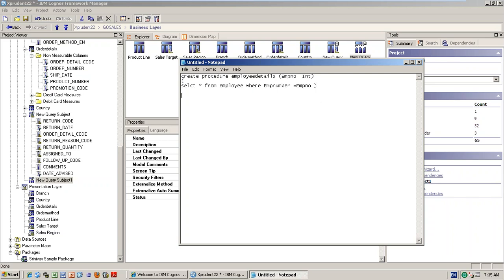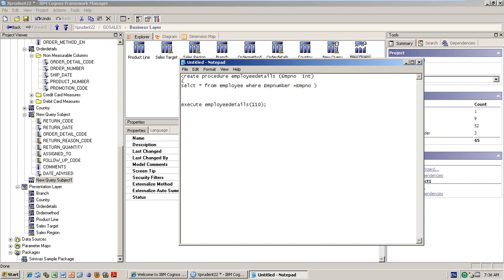So for example, execute employee details of 110. Like this we will execute.